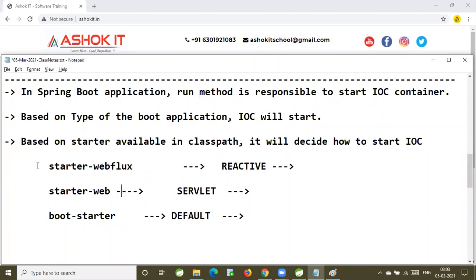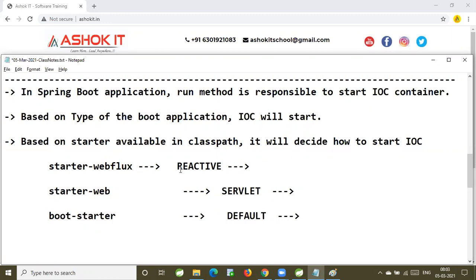If you have starter web, it comes under the servlet category. If you have boot starter, it comes under the default category. So based on the starters available in the class path, it is going to decide how to start the IOC container.